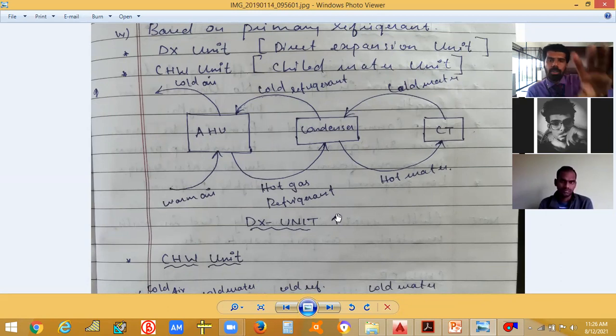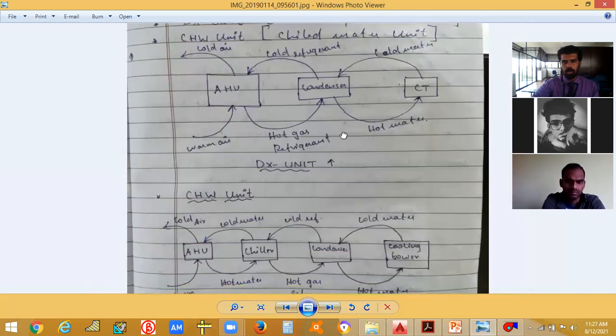So if you get an idea about this, you'll be able to see what is happening inside an air conditioner, or what the system is. So you should be able to know this. What is the cycle which is happening, or what is the circulation which is happening inside this? You should be able to know this. So if you have completed this, let me know.